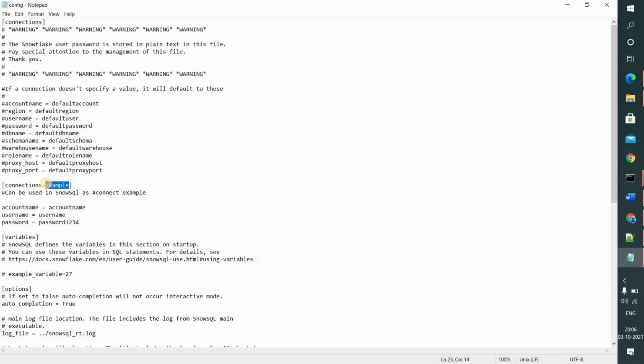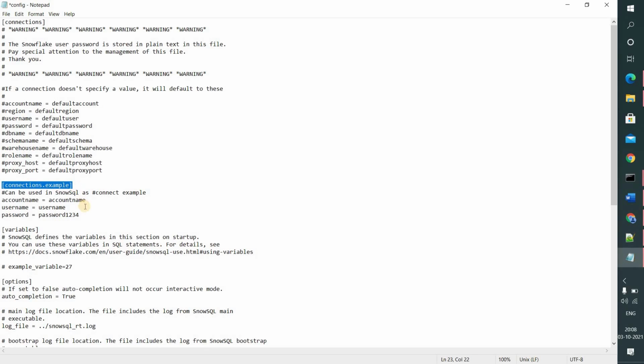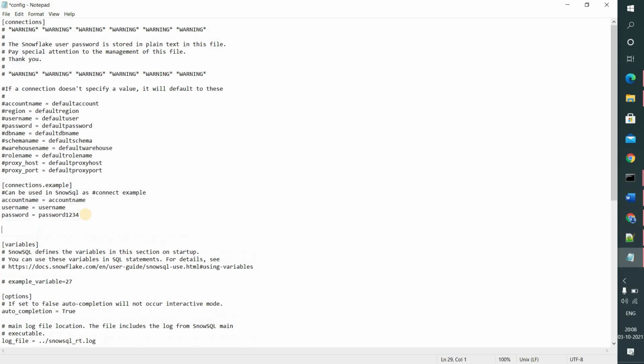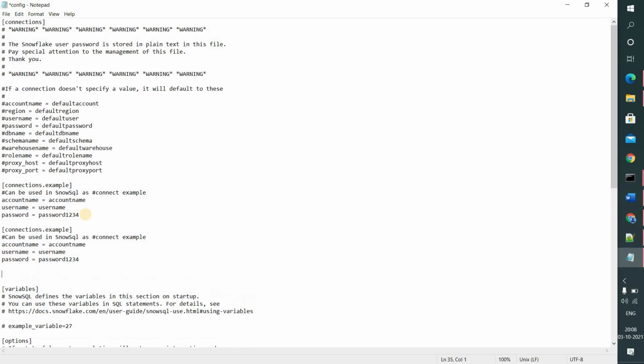The data which they frequently share with other clients, other third parties, that kind of data they want to maintain in another Snowflake account. Using this configuration file, we can define multiple Snowflake accounts and their credentials, like how they are showing in the example. Likewise, you can create as many as the accounts you have.